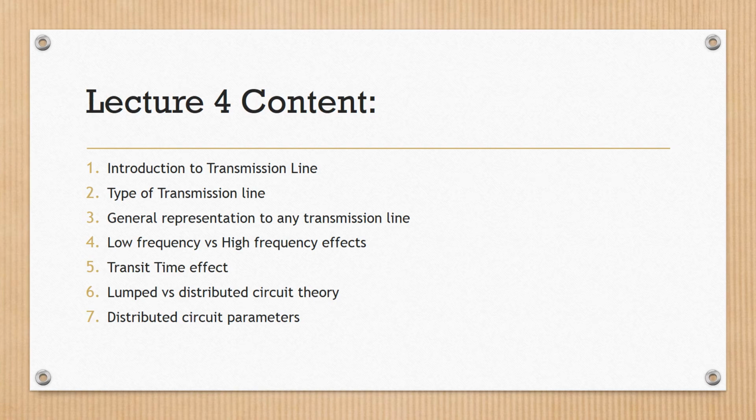Then we're going to talk about the low frequency and high frequency effects. Then we're going to take up a very important topic which we call the transit time effect. Then we're going to talk about lumped circuit elements and distributed circuit elements. And in the last, we're going to end the lecture with the distributed circuit